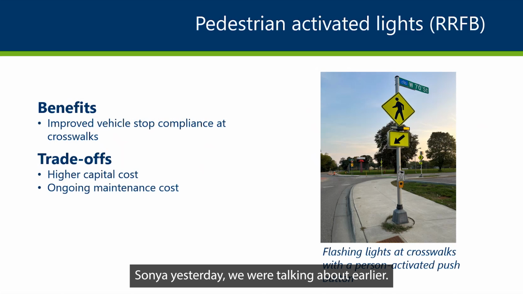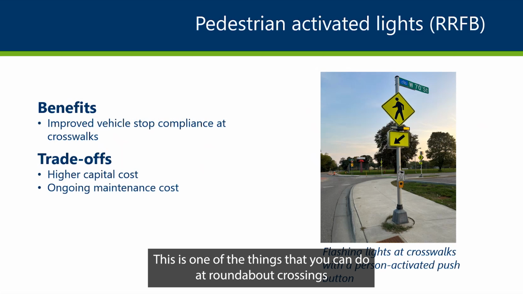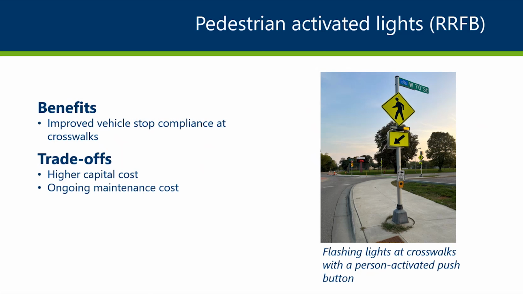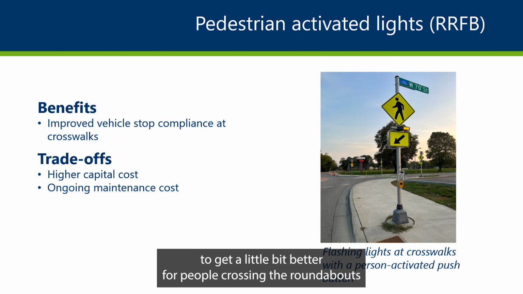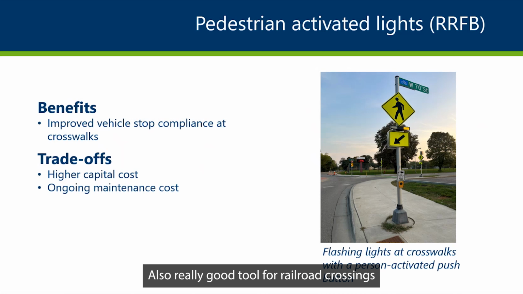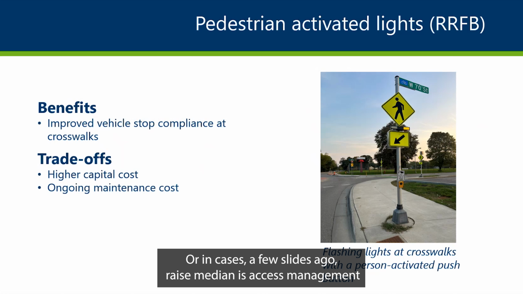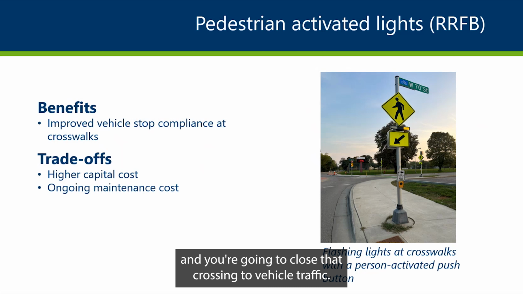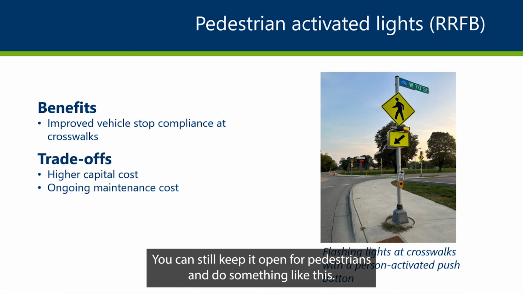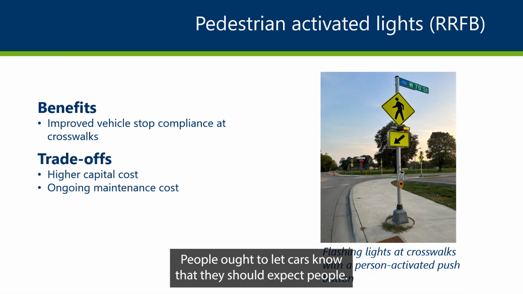Yesterday we were talking about rectangular rapid flashing beacons. This is one of the things that we can do at roundabout crossings to make it work a little bit better for people crossing at roundabouts. It's also a really good tool for mid-block crossings, or in cases where, like I had a couple of slides ago, if you do a raised median as access management, and you're going to close that crossing to vehicle traffic, you can still keep it open for pedestrians and do something like this mid-block